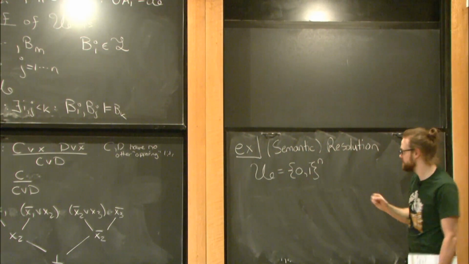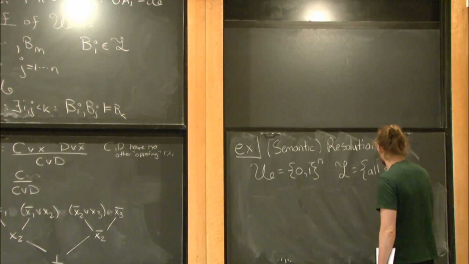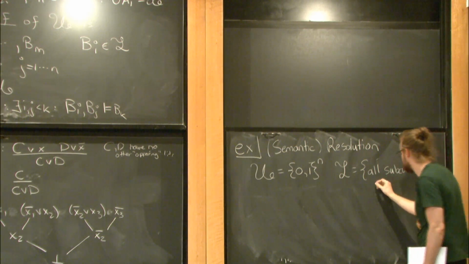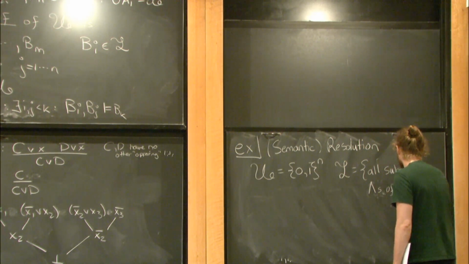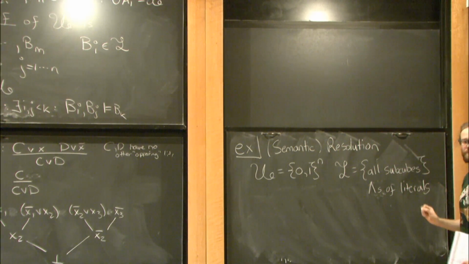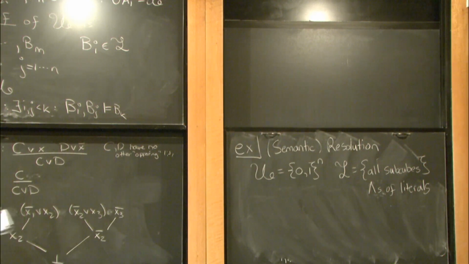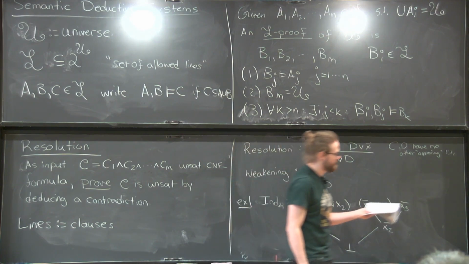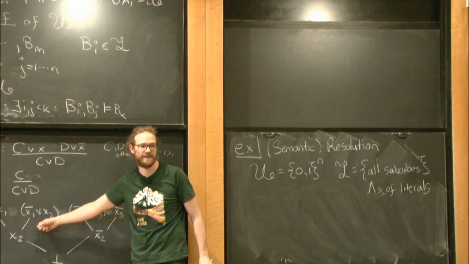is the set of all Boolean strings, and the lines will be all subcubes. By this, I just mean conjunctions, ands of literals. Okay? This is a little bit weird because when I was defining resolution, I defined everything in terms of clauses. But the connection is made when you just say the cube associated to every line will just be the negation of the things at the line, right?